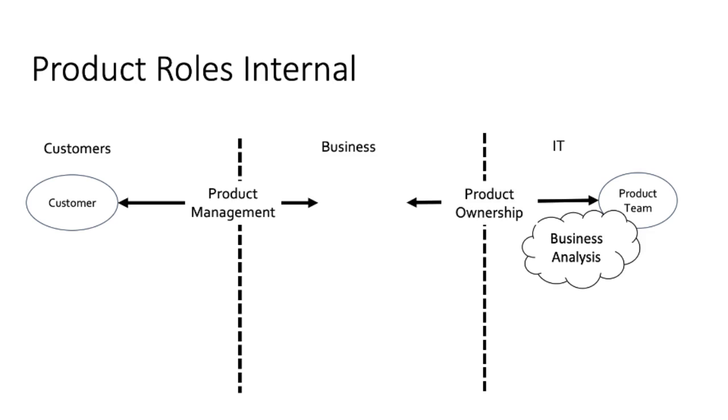You fill the product management role when you work to understand customers and are outward focused. You fill the product ownership role when you build a shared understanding of the problem to solve with your product team and are inward focused. You fill the business analysis role when you work to build understanding of the data, rules, and processes that your team needs to work with. Understanding the data, rules, and process provides structure around your solution.